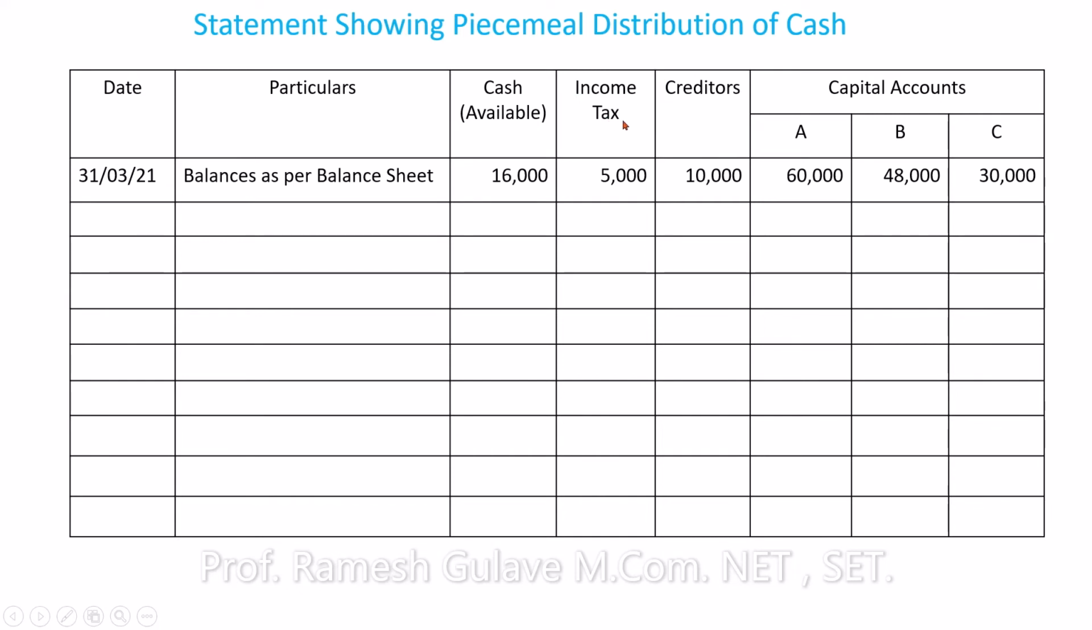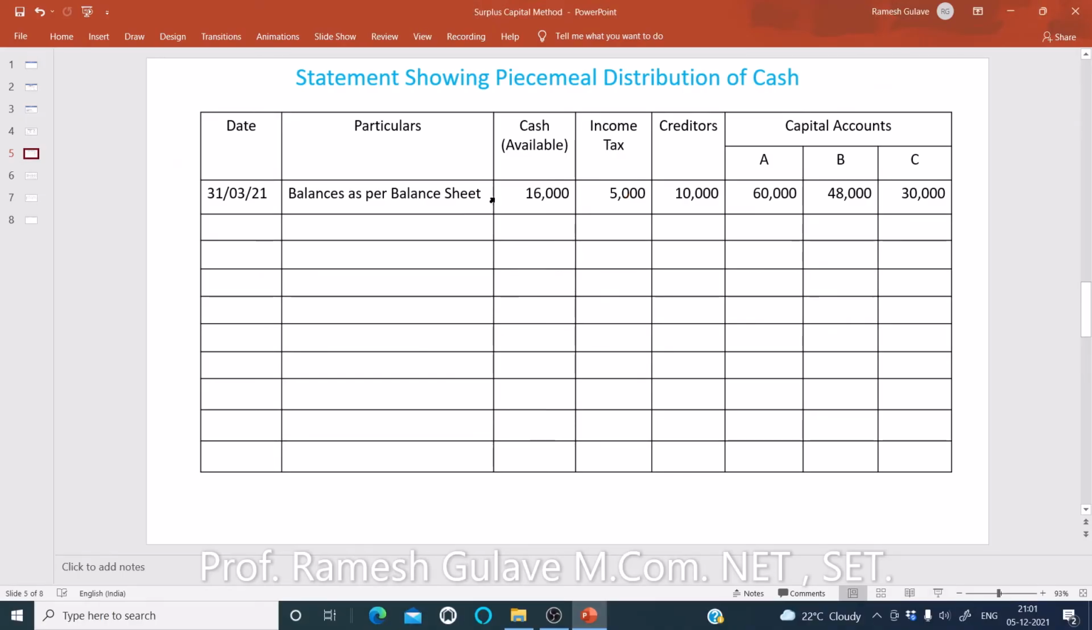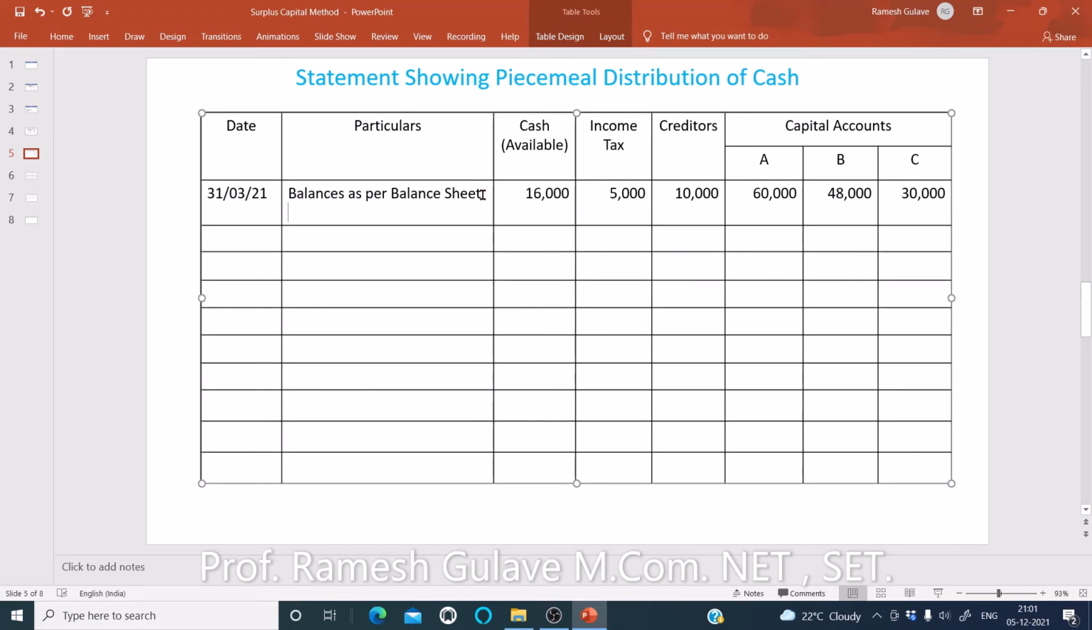So first we have to pay the income tax. The amount of income tax is 5,000, and we have 16,000 rupees as cash. So now we can pay the whole amount of income tax here. Okay, so now let us pay the amount of income tax. In the particular column we have to write like this, less, because we are going to pay the amount from the cash balance. Okay, so less paid